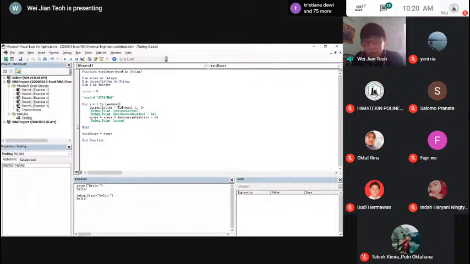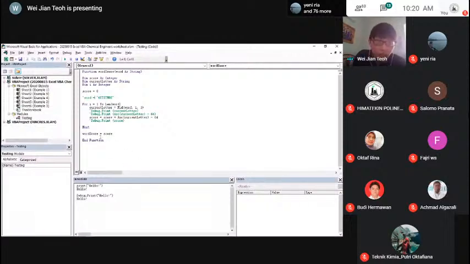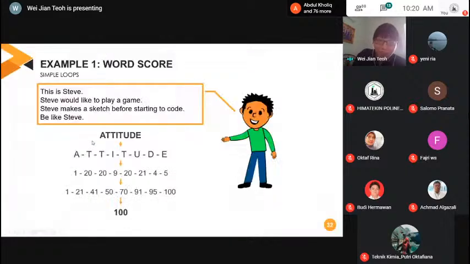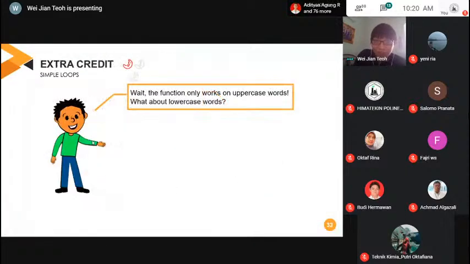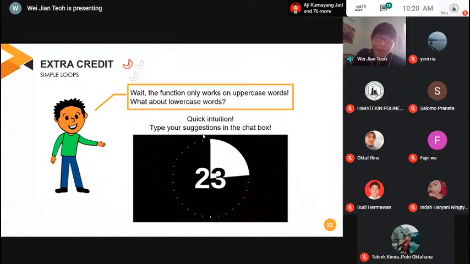Okay, I see that there are no questions for now. So if there are no questions, I'm going to go into the next slide, which is some thinking problems. So the function only works on uppercase words. If you notice, the function only works on uppercase words. So what about lowercase words? I'll give you 30 seconds. Type me your suggestion on how you're going to change the function so that it works on both uppercase and lowercase words.